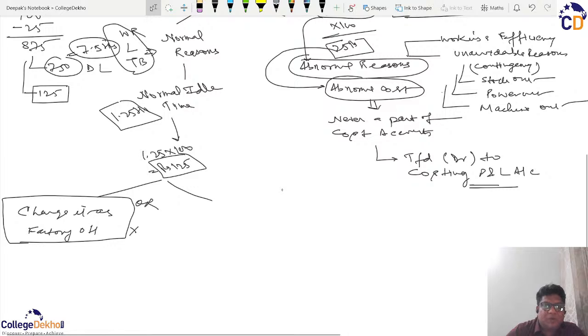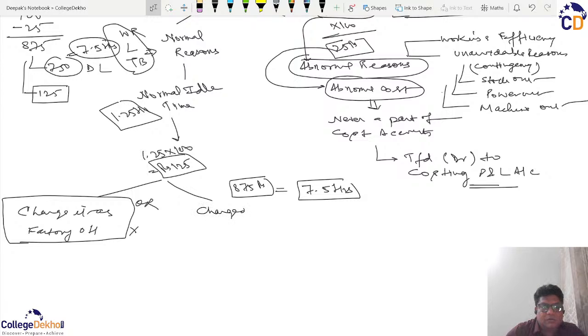That is why if we are paying 875 rupees, this actually 875 rupees is being paid for 7.5 hours of output. It means this whole cost will be charged as direct labor cost, that is the productive wages cost,